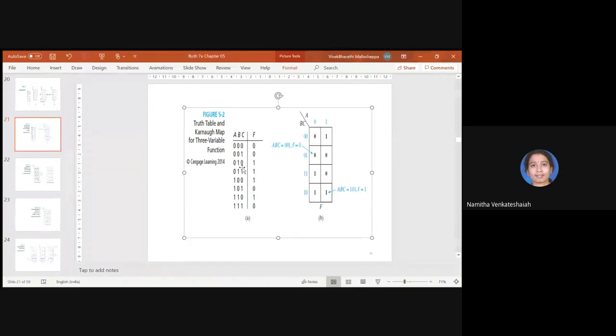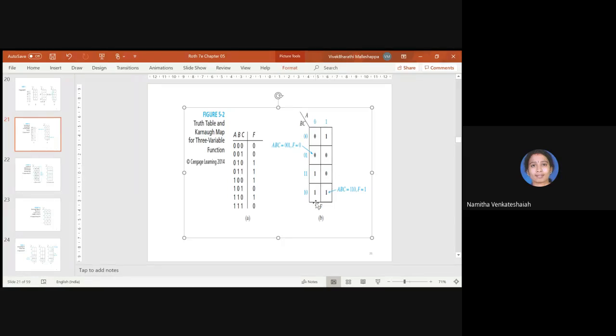So look here, students. I asked which row this box corresponds to: 0, 1, 1. That means fourth. Zeroth, first, second, third, or fourth, you can say. If you start the count from 0, this is third. And these are all 1s. All 1s means this is the last row.